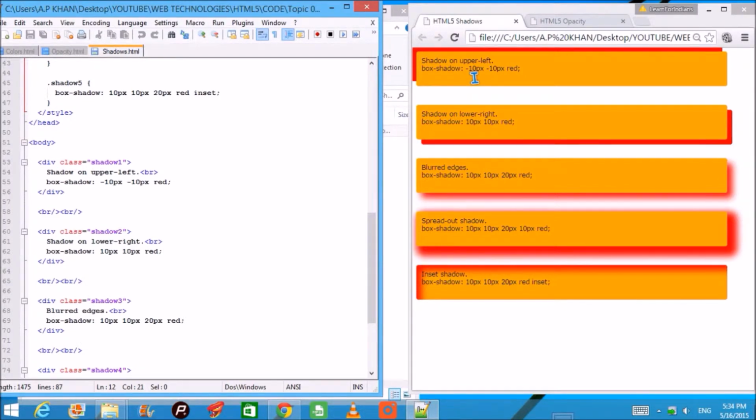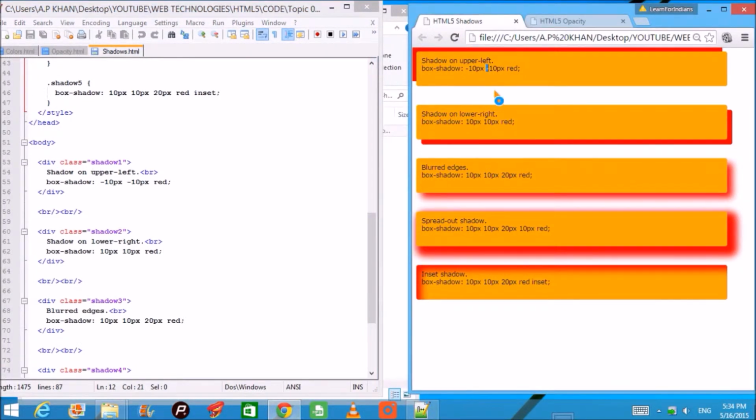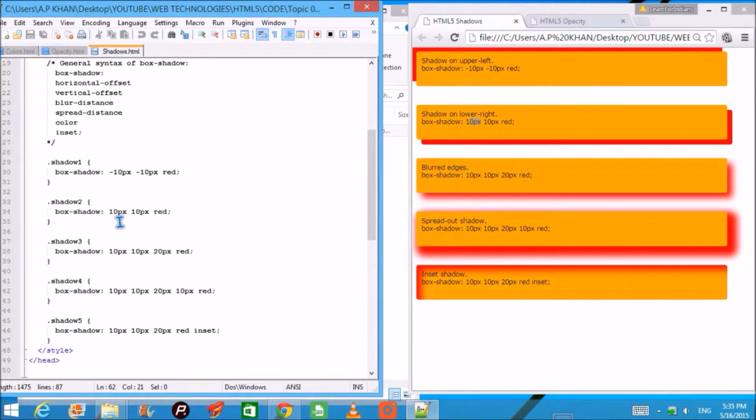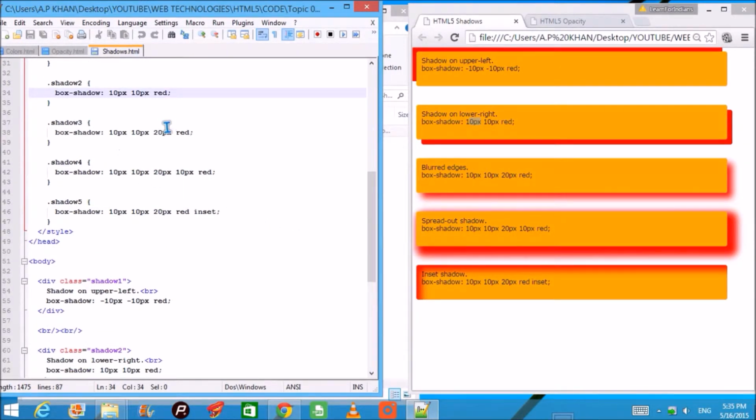If I just don't give this minus and make it positive, then by default the first number will say go to the right, and the second will send this shadow down, that means 10 pixels down below. And blurred, as in shadow 3, the rule says that we have 10 and 10 as in